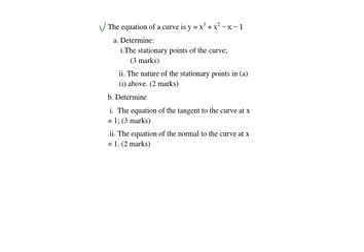Question number 24. The equation of a curve is y equals x cubed plus x squared minus x minus 1. Part A. Determine the stationary points of the curve. To find the stationary points of the curve, whose equation is y equals x cubed plus x squared minus x minus 1,